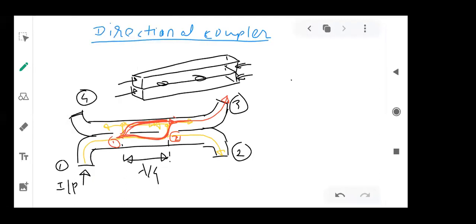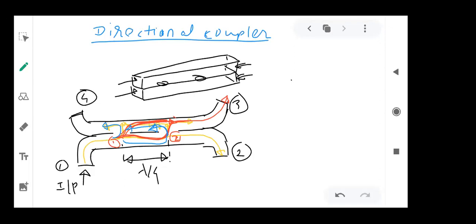So the power which has got coupled at port number 1 and heading on the left hand side, and the power which has got coupled at port number 2 and heading towards the left hand side. So actually the power which is coupled at port number 2 started its journey from, let us consider, the reference point of first aperture. It has started its journey from aperture 1, then it moves to the aperture 2, and from there it comes back to the aperture 1.